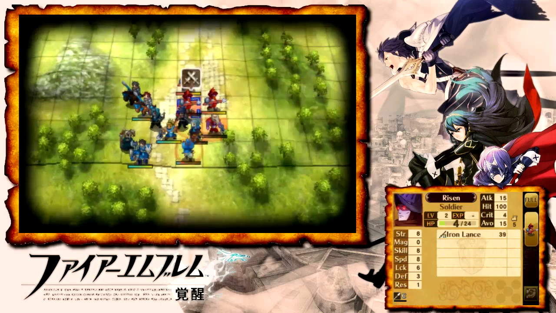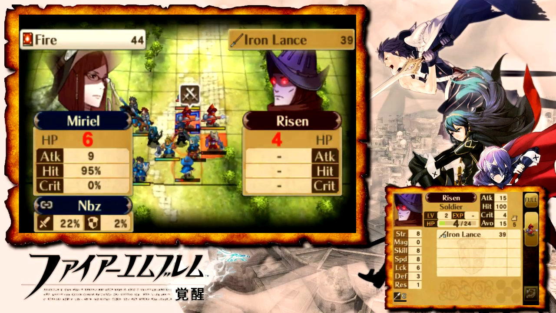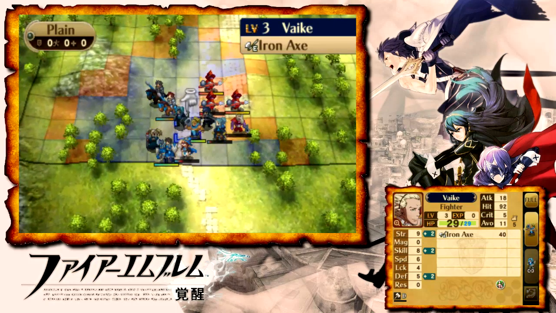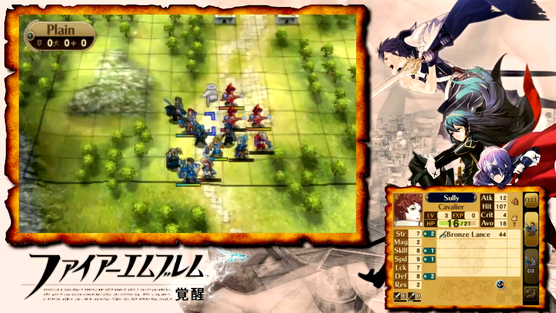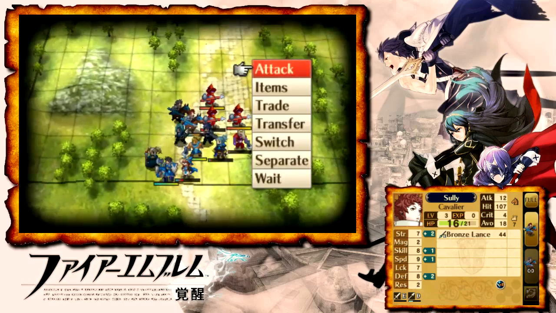First of all, however, I'm going to get Miriel to take down... who should I take? I should take down that guy, maybe. Leave this dude, and then we can kind of cover the rest of the bases with our other units. Alright, I'm gonna... here we go. Right, okay, so I'm gonna get...